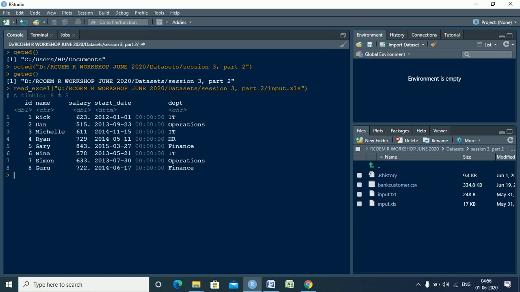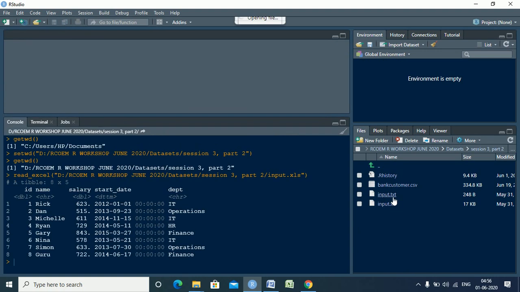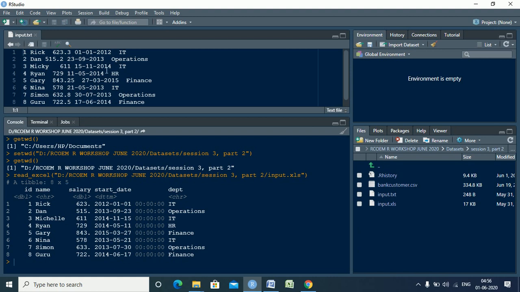Now my table appears over here. So this is one way in which you can read your files. The second way is to just click on this; suppose this is my text file I want to open. So just click on this, and you get your input text over here.